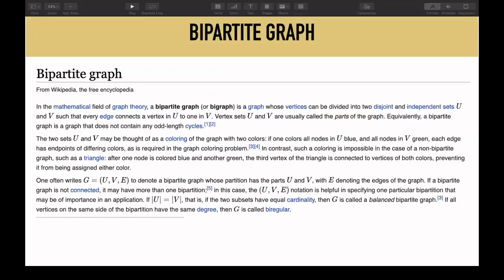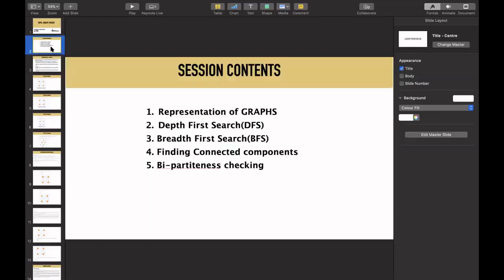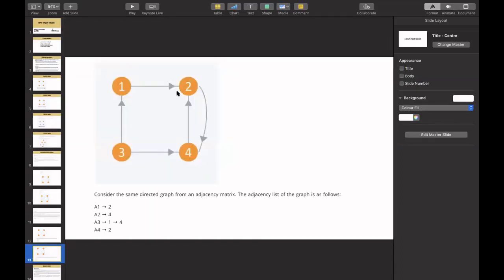Okay. So let us just try to see how we can code this.